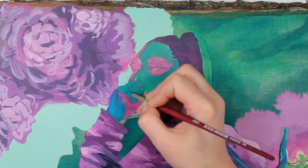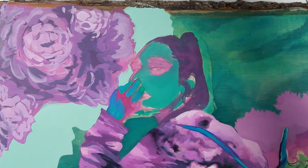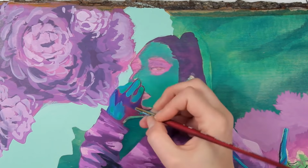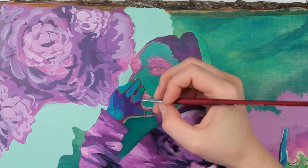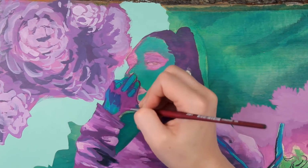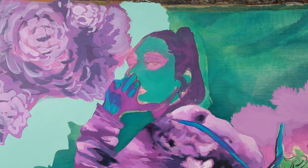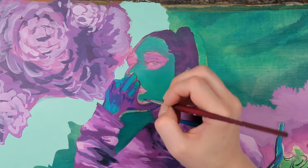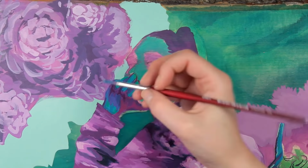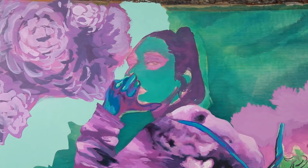So I'm definitely going to be painting on wood more often in the future. And I would really encourage you guys to try painting on different surfaces if you haven't already. If you're used to just painting on canvas, or if you're used to just painting on paper, I think it's really good. And I always encourage this in my videos, is to push your boundaries and get out of your comfort zone. But it is so fun to try a different medium, like a different surface that you've never tried before,